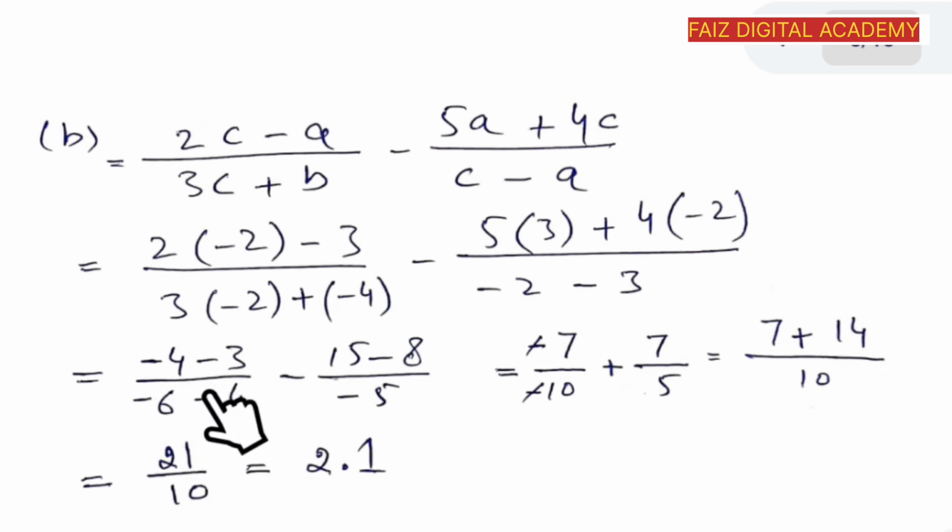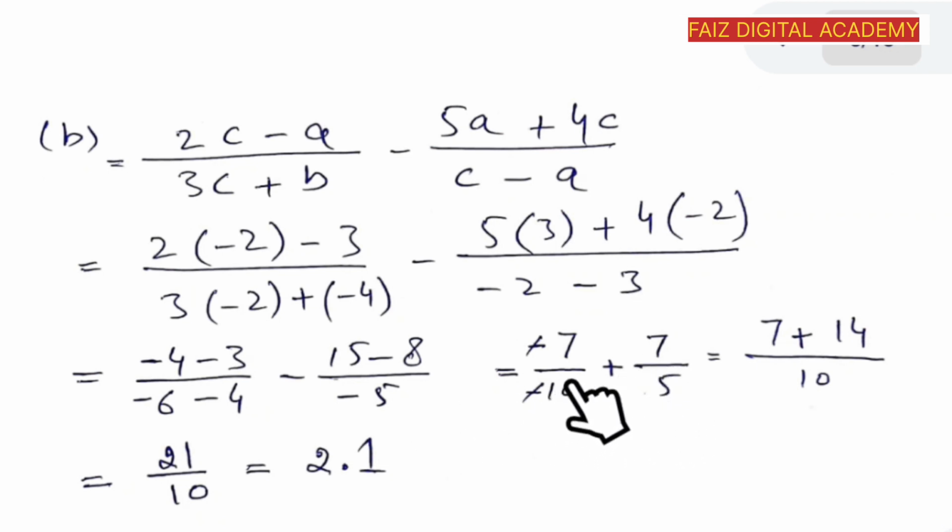Then we have to subtract or add them. So minus minus is plus, so 4 plus 3 is 7, but the answer will carry negative sign because minus 4 was the bigger term, so the answer carries the negative value from this. Minus minus is plus, 6 and 4 is 10, minus sign will also go with it. Then this minus from this equation, and this minus minus is written as positive, so plus minus minus 15, if we subtract 8 from 15, the answer is 7, bigger value contains plus, so the answer will carry the plus sign, divided by this